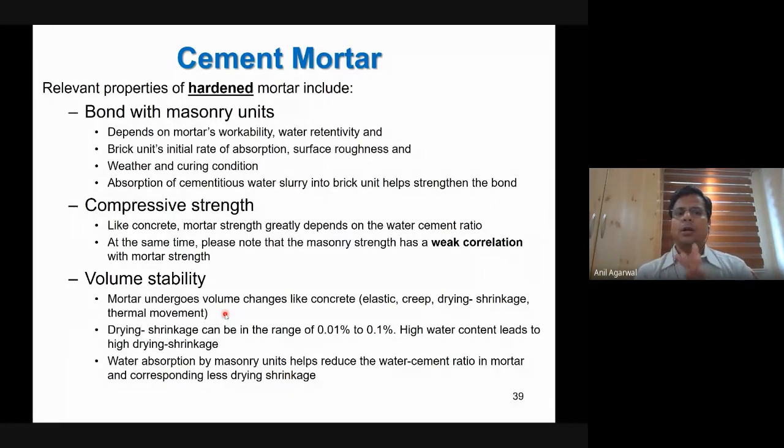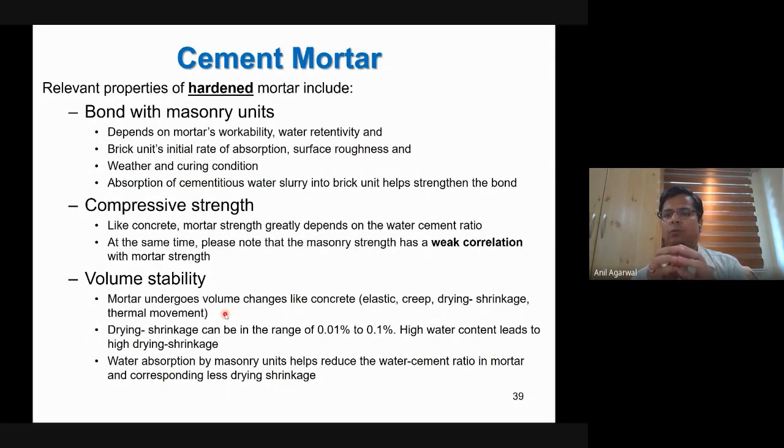So therefore, we should try to minimize the amount of drying shrinkage, because as the water gets consumed or evaporated, anything can happen. It can get evaporated, it can get consumed in the chemical reaction. Either way, as that happens, the mortar starts to dry, and as a result, there is a shrinkage. And we can prevent that shrinkage by going for an appropriate type of water cement ratio.